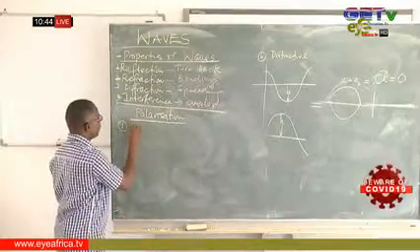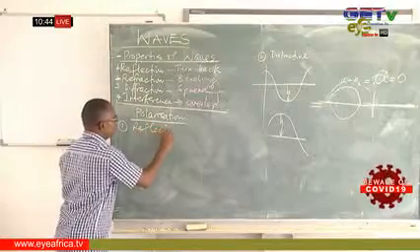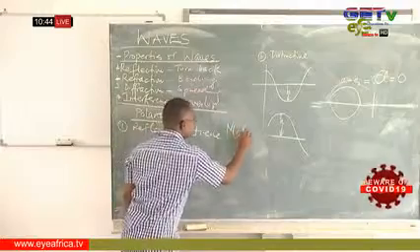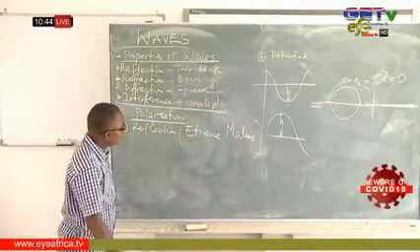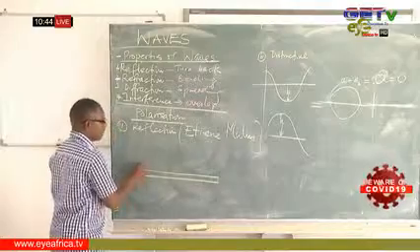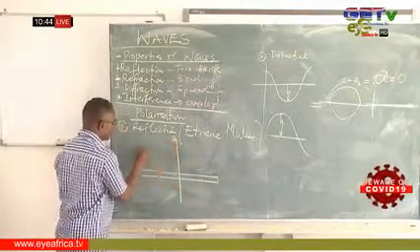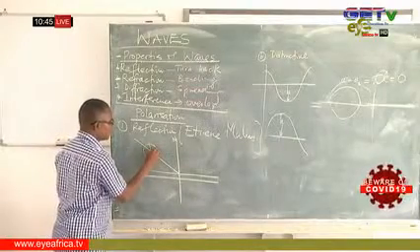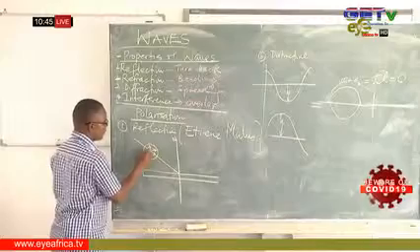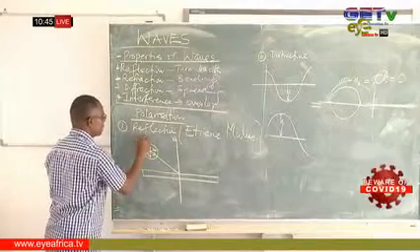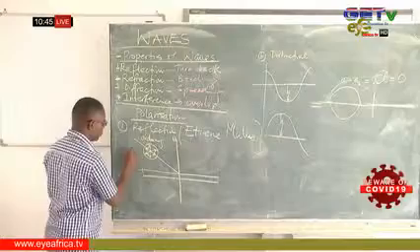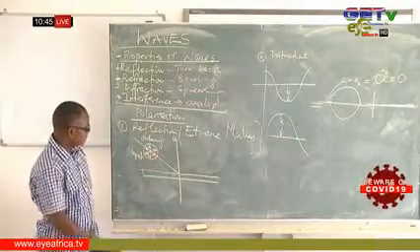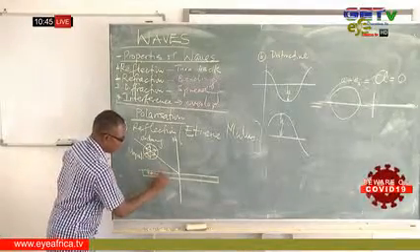I said polarization by reflection. This experiment was conducted by Etienne Malus, the scientist that did this for us. He said that if I have a plane surface, and a normal, then I make an unpolarized light incident on it, that is a light that is moving in different planes. This is ordinary light, vibrating in different planes, unpolarized. Now, when this unpolarized light is incident on this plane surface,